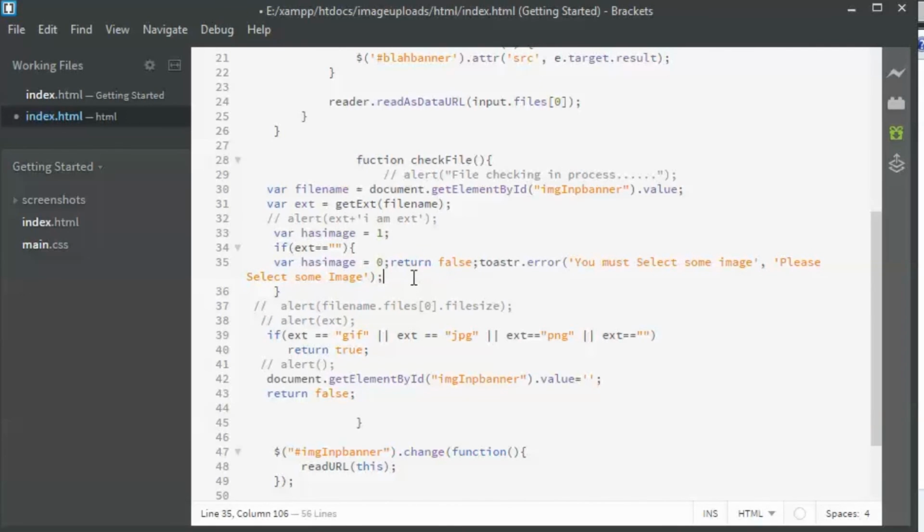Let us see what will be there in the get ext function. So now I'm going to create a new function. This was the check file, so I'm going to create one more function called get ext. Function, and name is going to be getext.